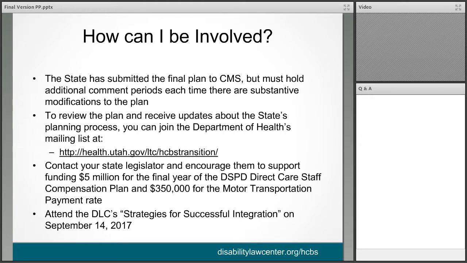And so we would hope that if this process is of interest to you, you would feel comfortable reaching out to your state legislator and telling them that you would support these two items, as well as just making it known that this process, the HCB settings process, does need attention from the legislature. So that's another idea. And finally, you can attend the Disability Law Center's Strategies for Successful Integration on September 14th,